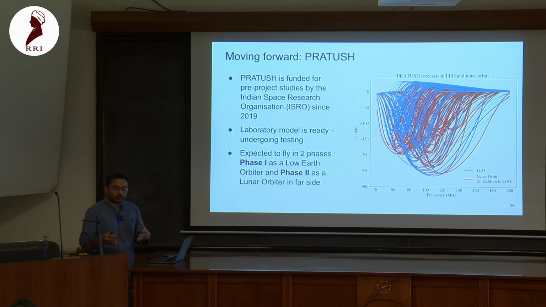And even from low Earth orbit, though we have RFI there, the interference, we at least escape the problem of ionospheric effects and antenna coupling to the ground. And that really helps us. So this is a simulation, stating that even if we are limited by the FM band, we should be able to rule out a lot of standard models from LEO.